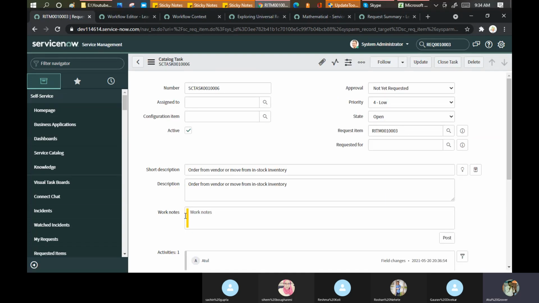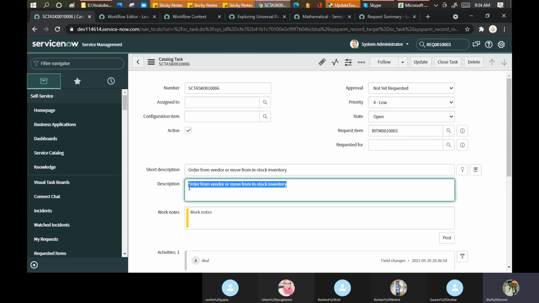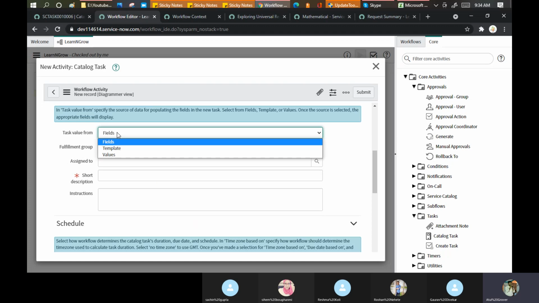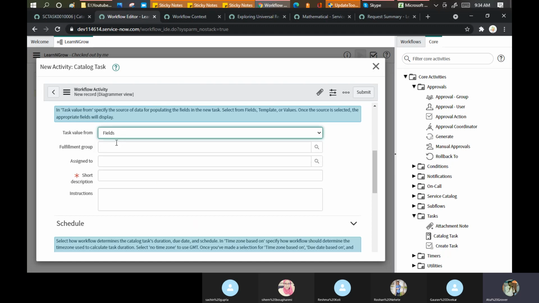This is the task number, it will come automatically. This thing I'm talking about, short description and the priority, from where will it come? It will come from this particular place. Okay. Task value from fields. I want to put the things on the field level, not from the template level.